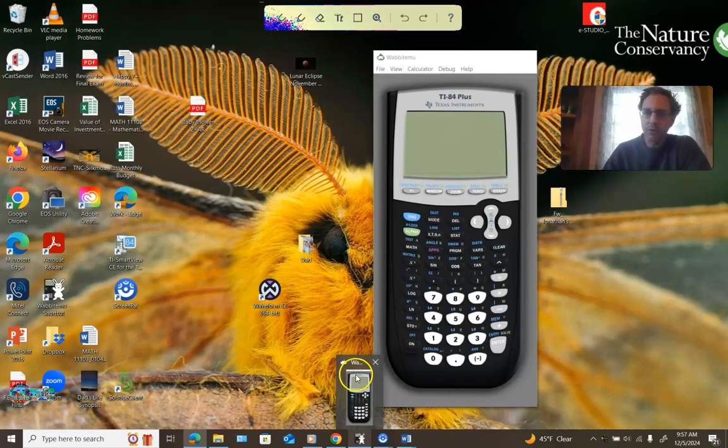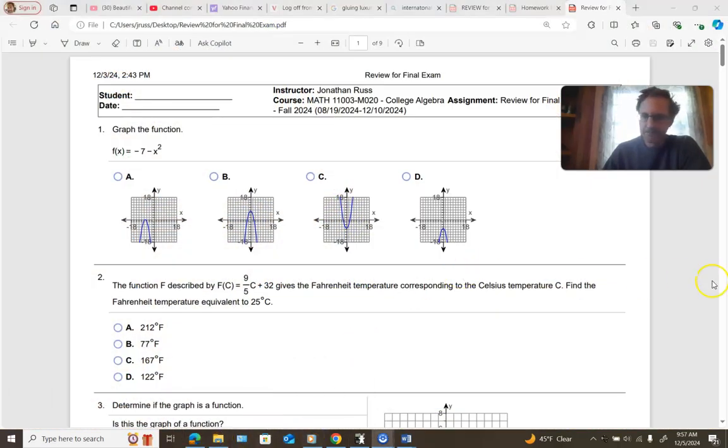And guys, similar to the way I've done the previous reviews, I'll just show you probably the most efficient or fastest method to come to the correct solutions on these, even though we may have talked about more complex or more mathematical methods in class. So anyway, this first one starts with graphing,